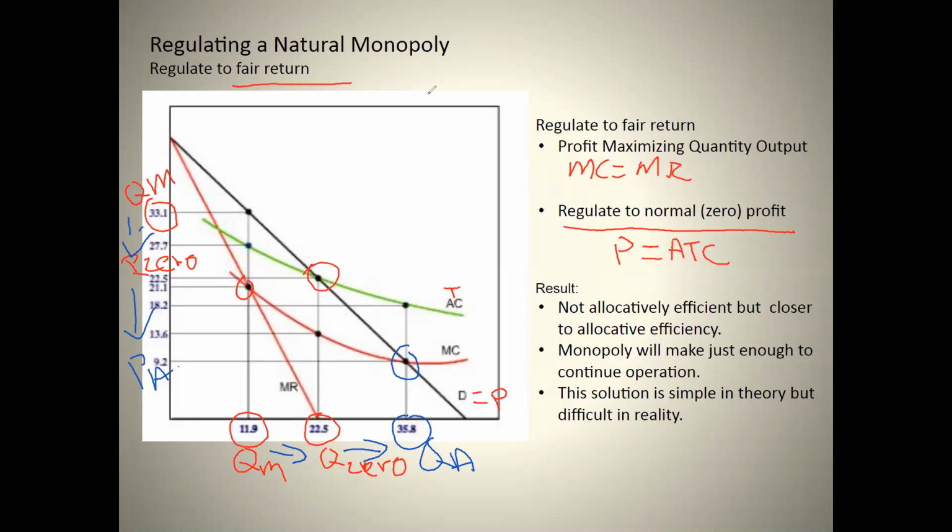But that could be costly to the monopolist. And if the monopolist thinks that they can't recover those costs because the regulators won't allow them to raise the rates at which they charge, then it would be difficult for that monopolist to move to more efficient long-term industry outputs of green energy or something like that. So there could be downsides. There's always a downside to everything. But this is how, at least oftentimes with electricity, it is regulated to what we call a fair return